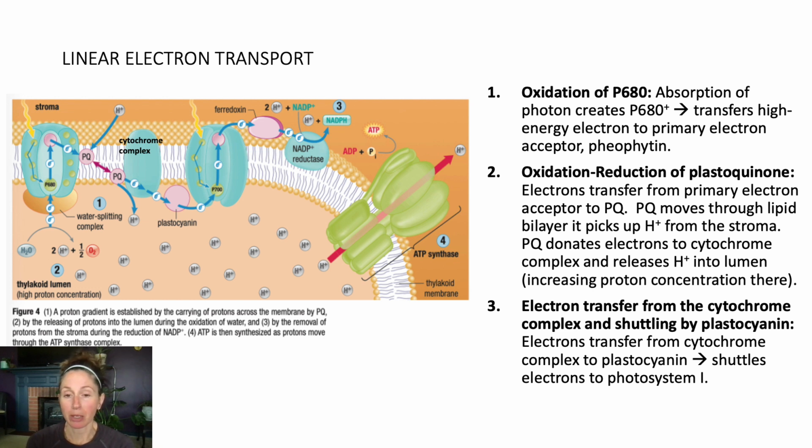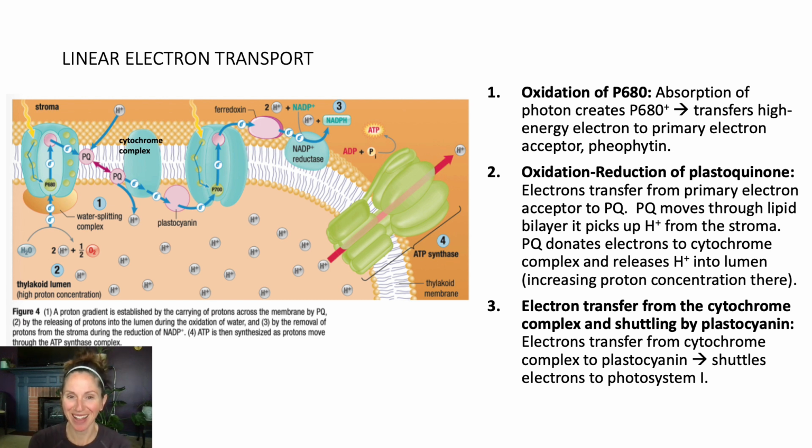So again, we're looking only at linear electron transport today, and then in our next lesson we'll look at a little different scenario where we have cyclic electron transport. So we have the oxidation of P680, where it lost electrons and became P680 plus. It transferred its high energy electron to the primary electron acceptor, which is actually called pheophytin. But the textbook doesn't talk about that, and I'm not going to make you remember that because you have enough